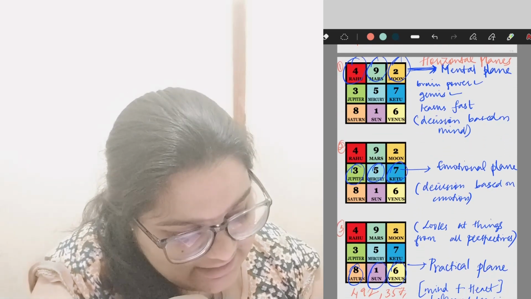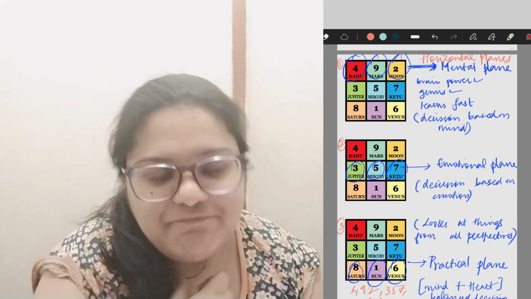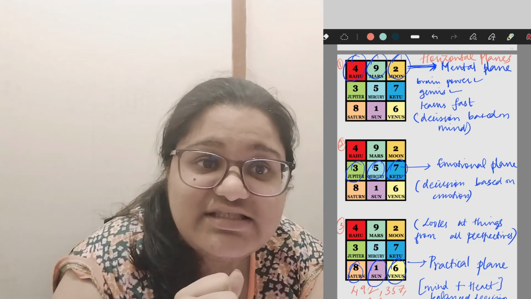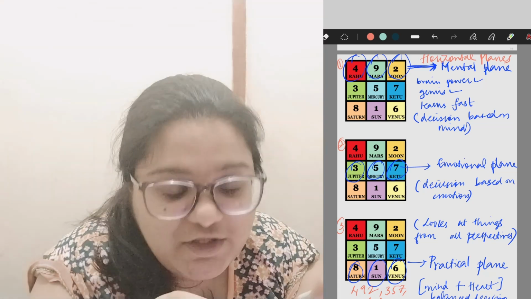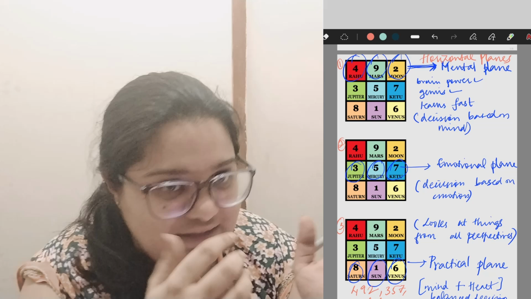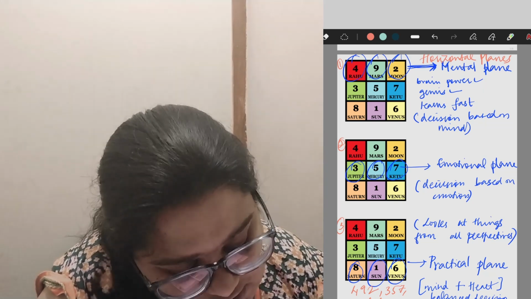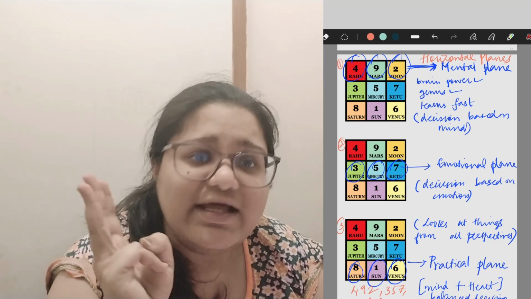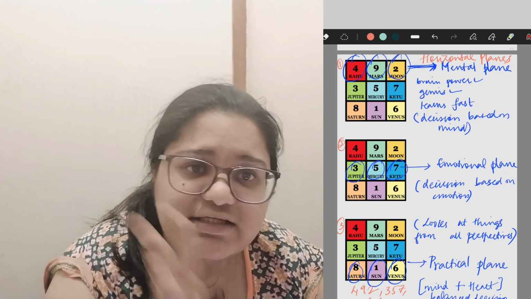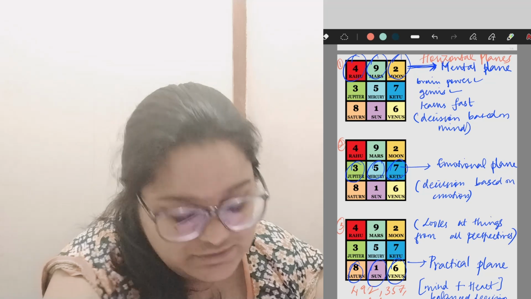So let us come to the next thing, understanding what each of these grids mean. Like I said, there are horizontal planes, vertical planes and diagonal planes, and each of these sums to number 15. So let us individually understand each row, each column in detail to understand how it works. The first one that you can see over here talks about the horizontal plane. There are 3 horizontal plane divisions, 3 vertical plane divisions and 2 diagonal plane divisions. We'll look into that individually.